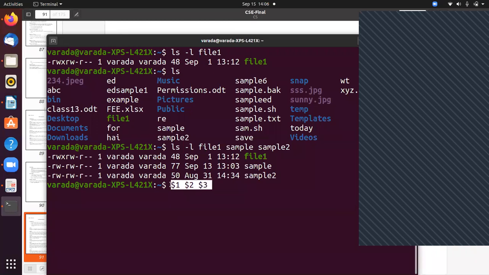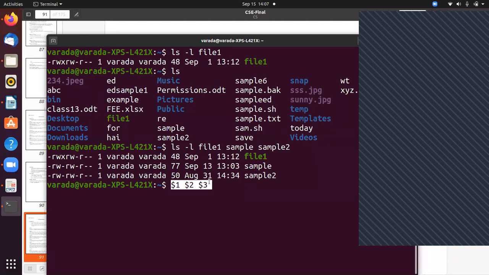Now you are going to remember that the arguments whatever you are giving to a command can be represented like this. If I give three arguments, the first argument is represented with $1, the second argument with $2, and likewise the third argument with $3.